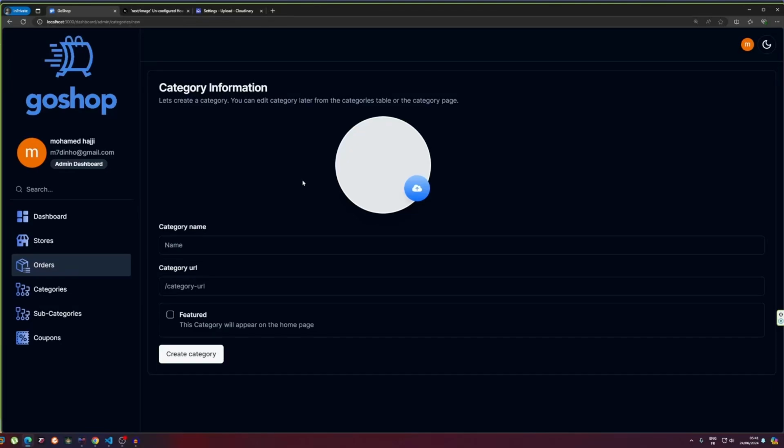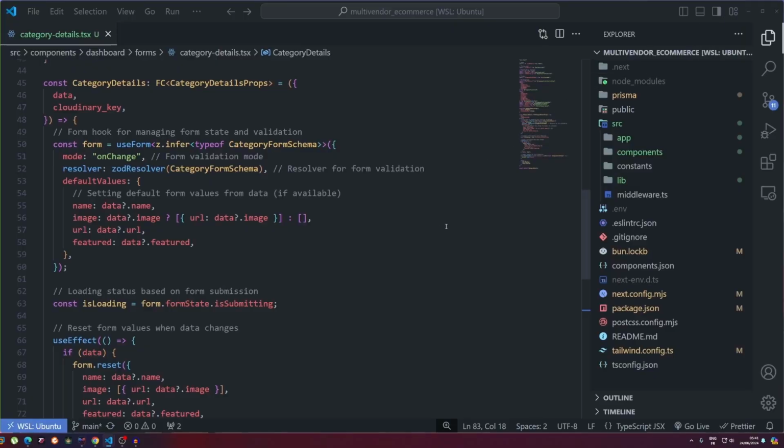Hello my fellow developers, now it's time to actually create the functionality of create category. It's not going to be hard, so let's get through it. We need to create some queries. So to create a query that will talk to our database and return something, we need to actually go back